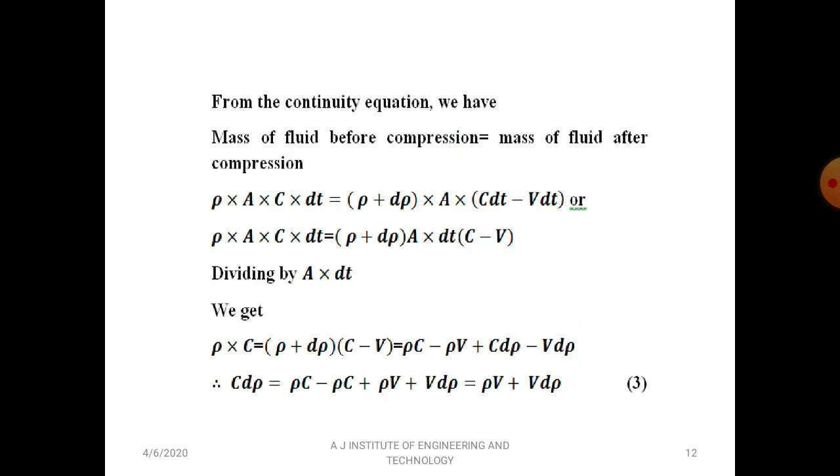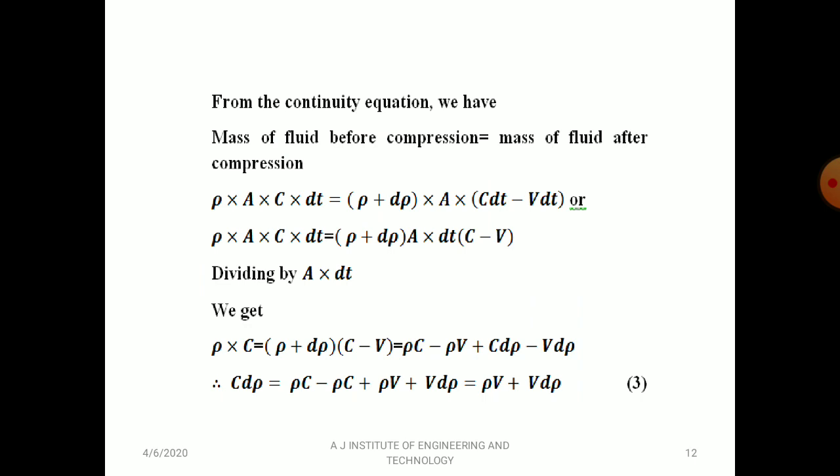Now from the continuity equation, we have mass of the fluid before compression equal to mass of the fluid after compression. So equations 1 and 2 you can combine together here. Rho into A into C into dt equals rho plus d rho into A into C dt minus V dt, or you can take dt common from the right hand side: rho into A into C into dt equals rho plus d rho into A into dt into C minus V. So dividing the entire expression by A dt, we